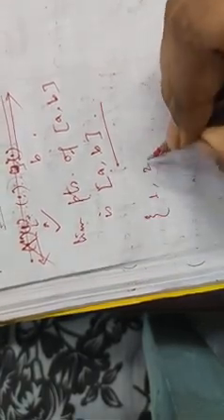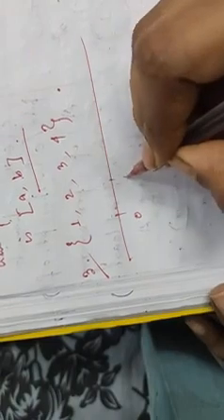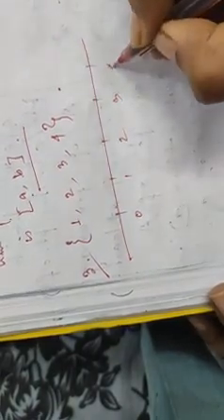Now moving to the next example. One, two, three, four. This set, suppose. We have to find the limit points of this set. How will you do that? This is our real line. This is 0. This is 1, 2, 3, 4. At first check for these four points. That means, are 1, 2, 3 and 4 limit points of this set or not?